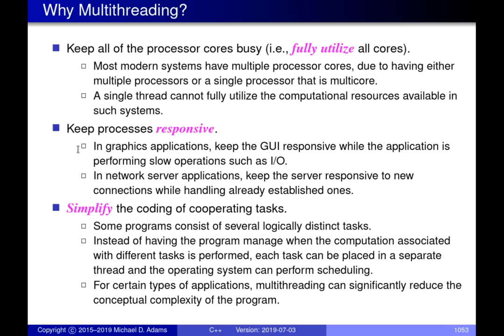So a good strategy for addressing this sort of issue in a graphics application is you have one thread for dealing with the UI, so basically processing the events, mouse clicks and so on. And if there's something that the user does through the user interface which initiates something that's going to require a lot of computation time, what would happen is that the user interface thread would just signal to another thread that, hey, there's some computation that needs to be done. And then immediately the user interface thread would go back to dealing with the user interface, basically waiting for other events like mouse clicks and so on. And then this other thread would start up and do the actual processing.